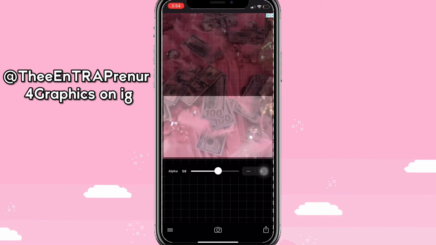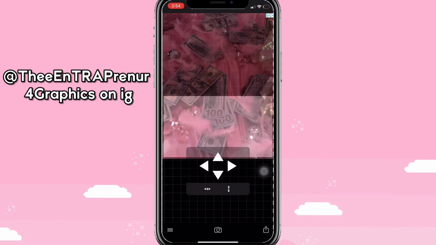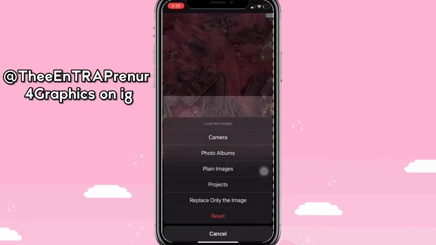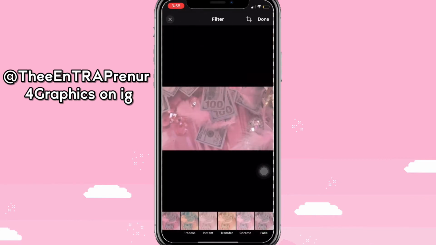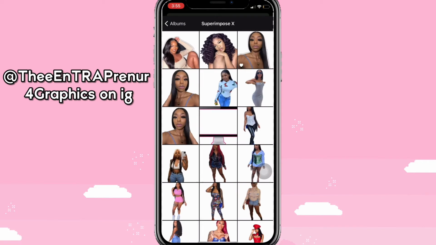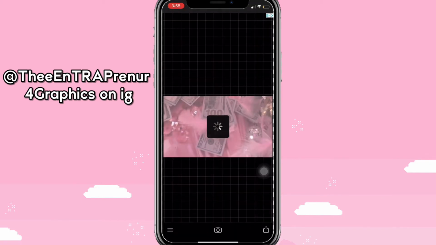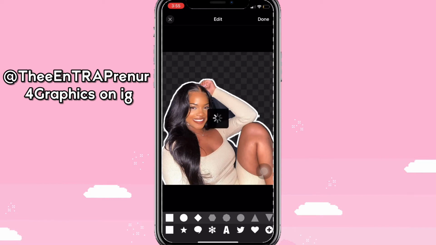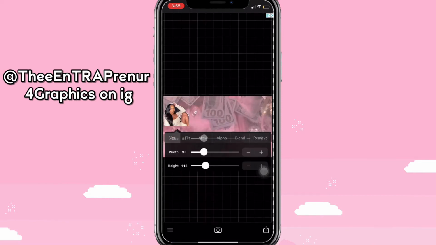Tap the picture, tap alpha, and then you can slide that back and forth to how transparent you want the photo to be. So I just did that so that I could see exactly how the photo is lined up with the white background, because I wanted it perfect. And so I saved it, and now we're making that photo that we just created of the background the next base. So then we added another image, and this is where I brought in the outline and erased